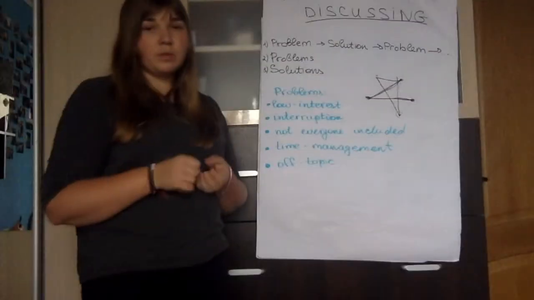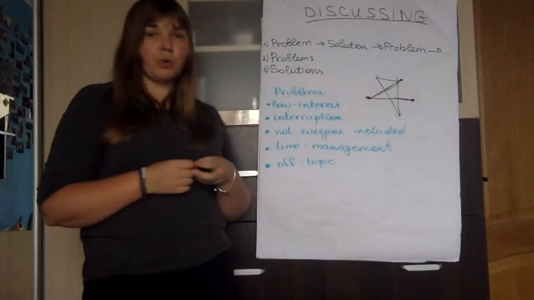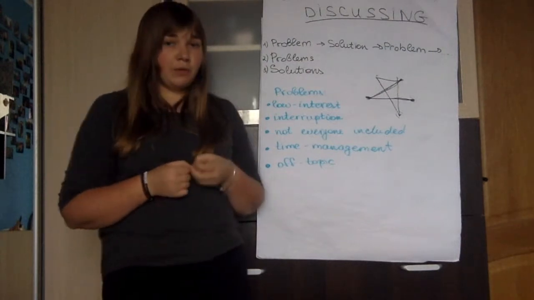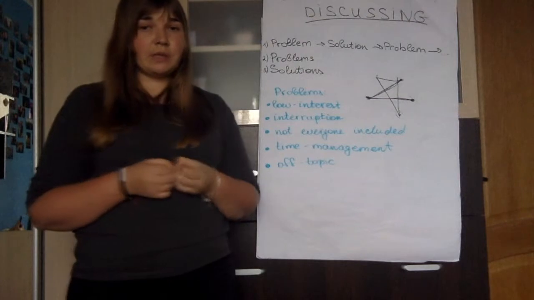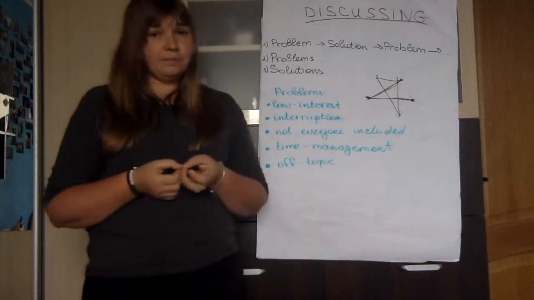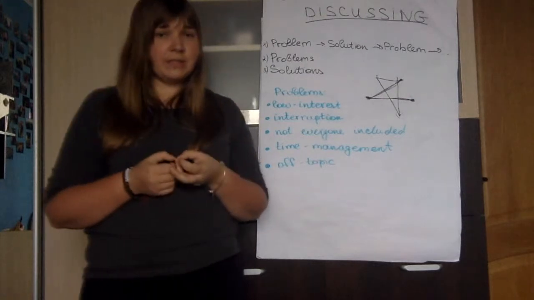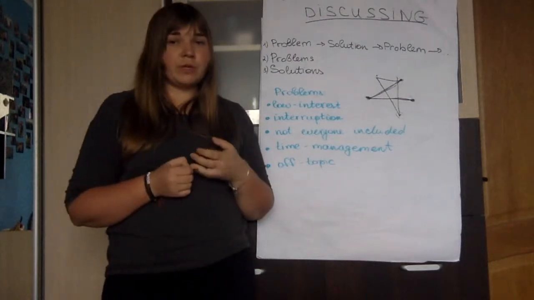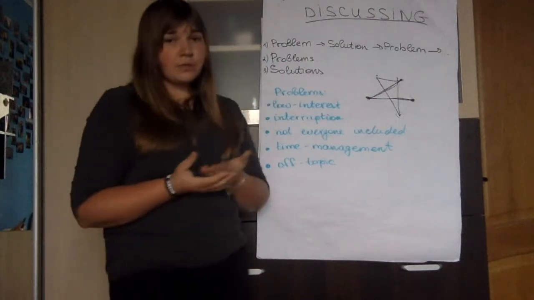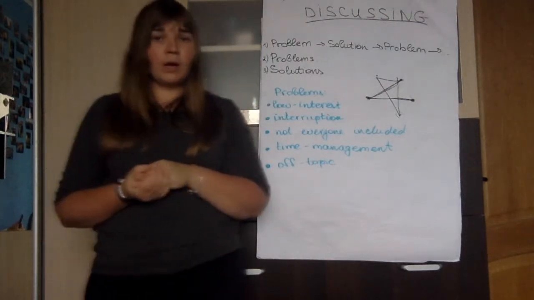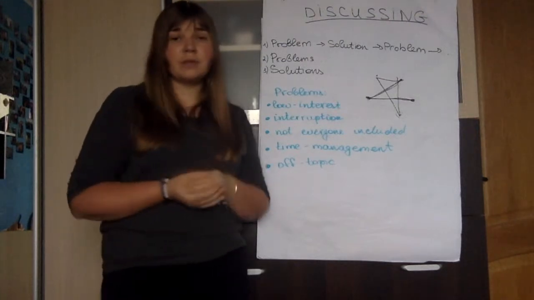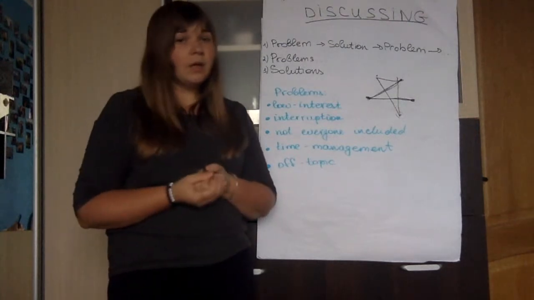Once you have problems and solutions brainstormed, you move on to discussing what you have. One by one, you discuss the brainstormed ideas and write down the developed versions. It seems to be easy. However, it's not that easy. There is a number of problems that you can encounter on this stage. It's first of all low interest of people. It can be solved by assigning special roles to delegates that are not that much interested.